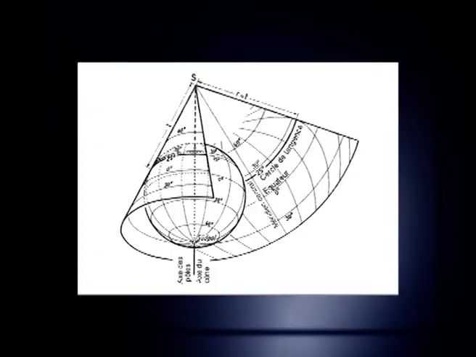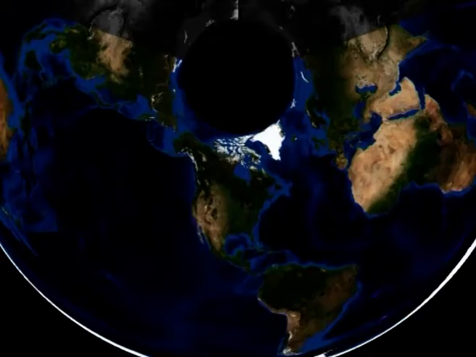The cone touches the globe along a parallel of latitude, which will be correctly represented on the projection. This parallel is called the standard parallel. When the light is placed at the center of the globe, the entire network of parallels and meridians is projected as shadows on the surface of the cone. The north pole is represented by the apex of the cone. When this cone is developed into a plane surface, it provides a conical projection.